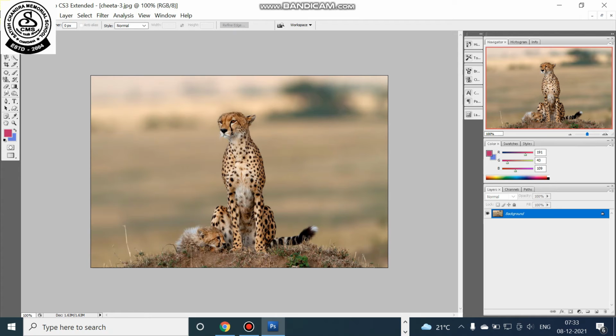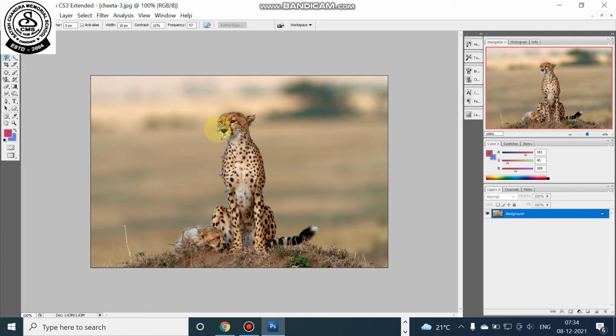Now dear students, we will do the same thing. We will right click on the lasso tool. We will go to the magnetic lasso tool. After that, we will do the first left click of the mouse in one part of the image and we will move our mouse pointer according to the edge of the body of the cheetah within the image, and after moving some time we do the left click.